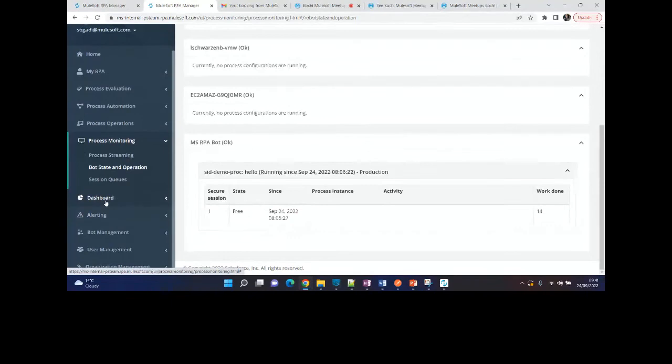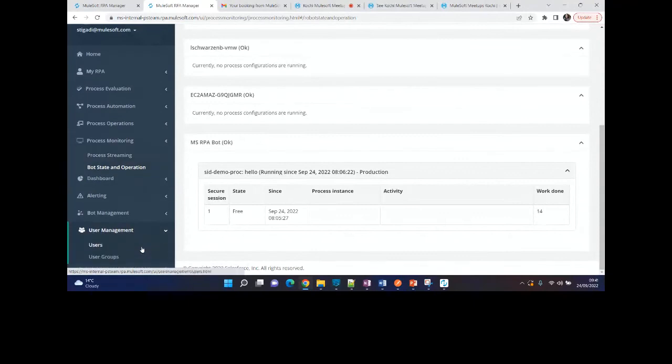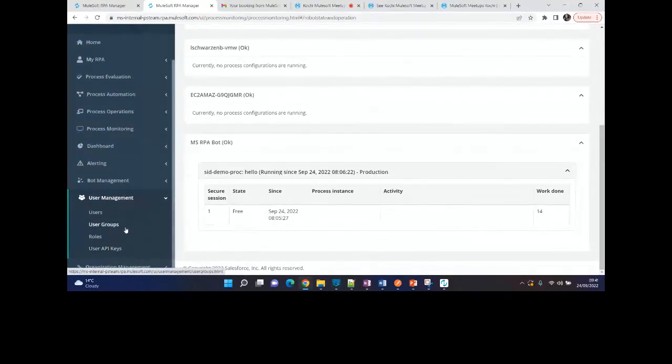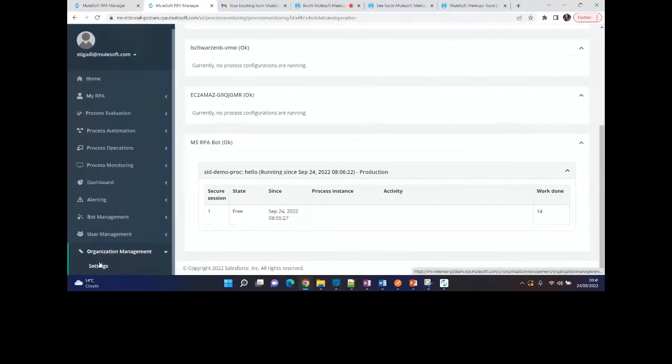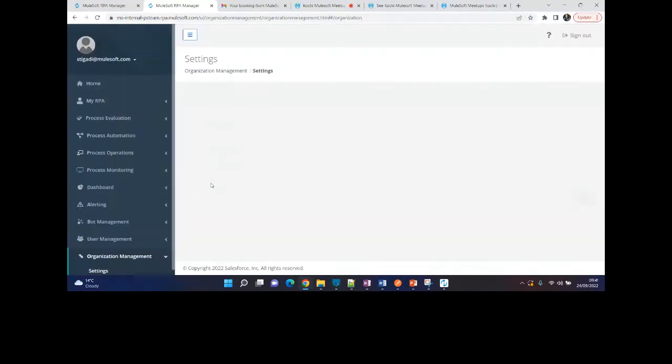And of course, there is alerting and dashboard capability. We will try to understand that a bit more. But the most important feature that we want to address in today's discussion is the ability to integrate it with the Anypoint platform. For that, there are two important steps that you need to do. One is, in the organization management settings, it's very important that you key in the Anypoint platform details. You can see this here.